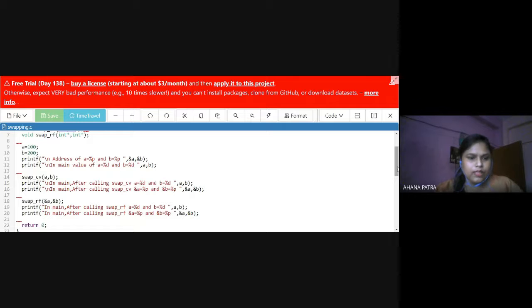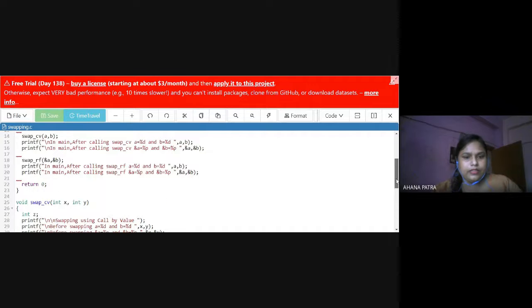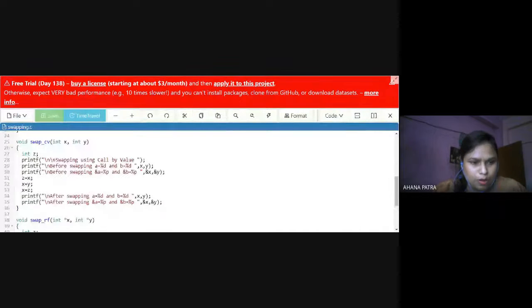Next is the call by value function. Why is it call by value? Because we send the values of a and b, and they are stored into x and y, and then we interchange x and y with the help of z. z is a local variable of this function.